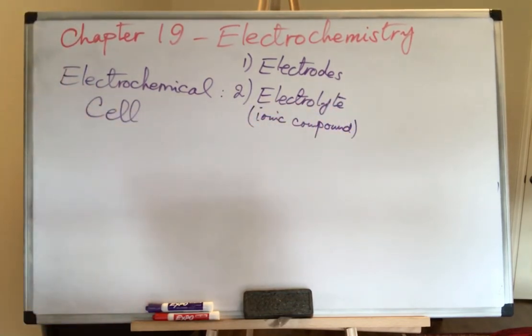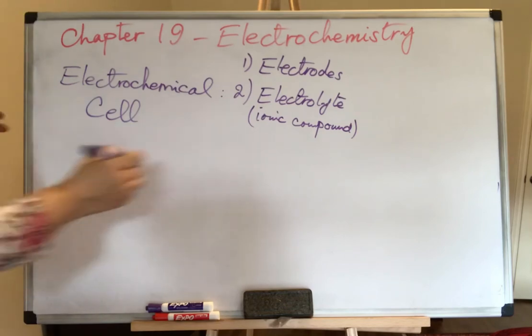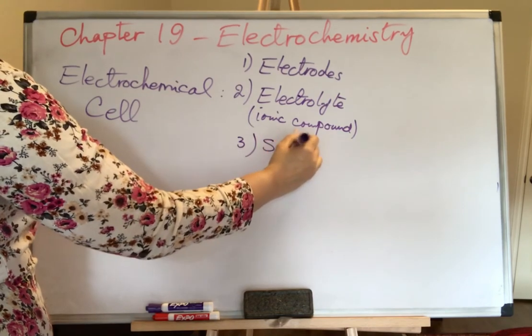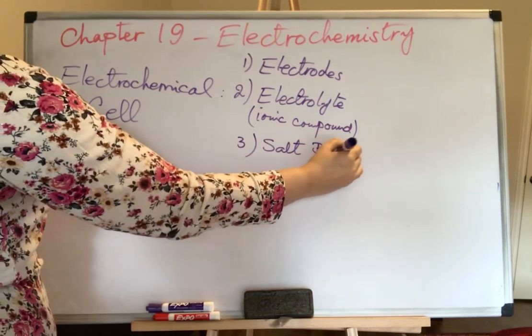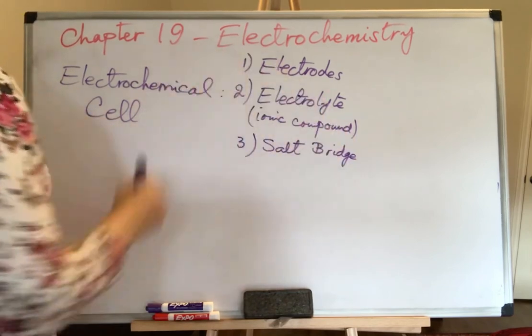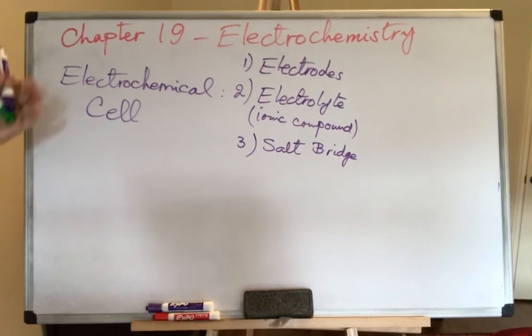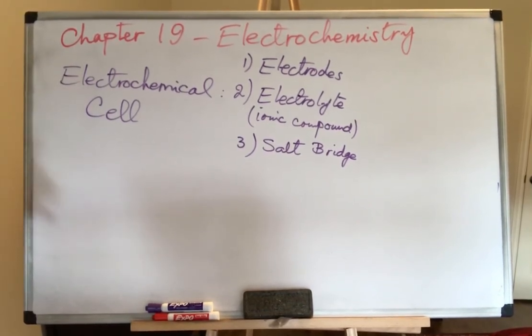An electrolyte is a compound that is ionized 100%, and we also have a salt bridge. So these are the main parts of each electrochemical cell, and we worked on Voltaic or Galvanic Cell and also